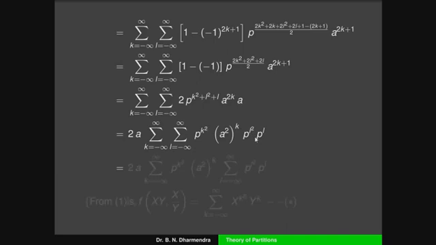So we have to split these, collecting the terms of one series with respect to k, and the other with respect to l. So it can be written as 2a into the series, the first series is k running from minus infinity to plus infinity, e to the power of k square into a squared to the power of k, into the second series, l running from minus infinity to plus infinity, e to the power of l square into e to the power of l.